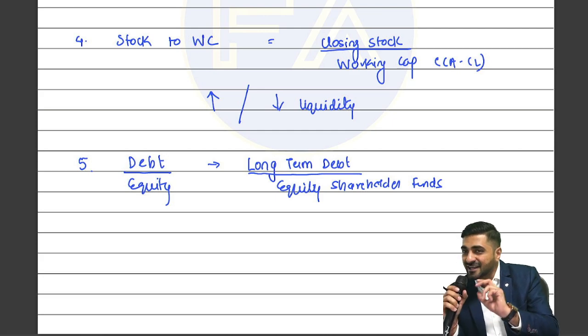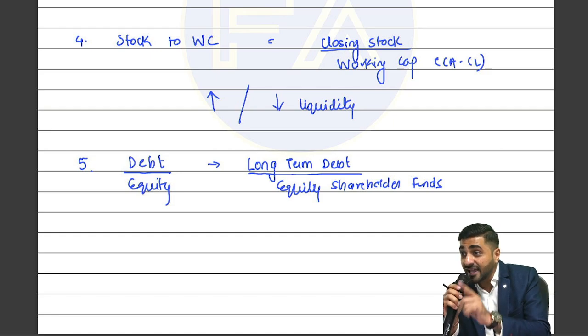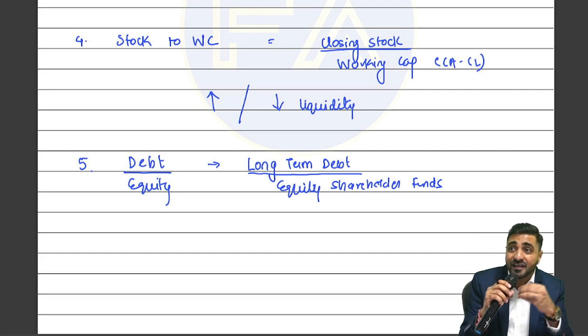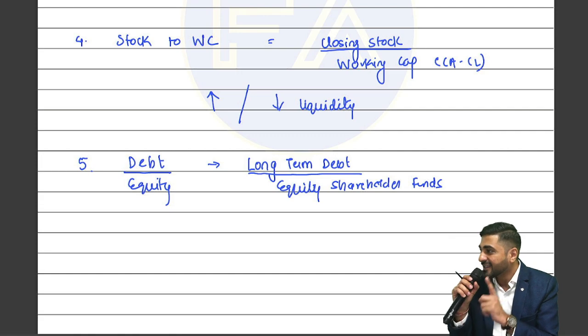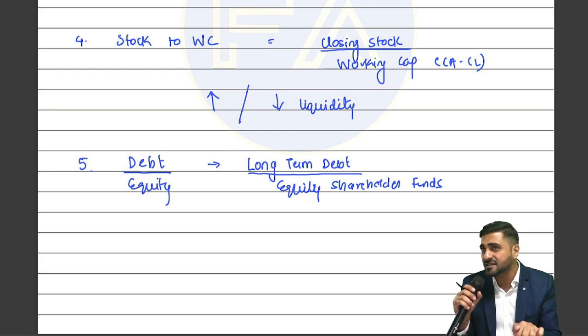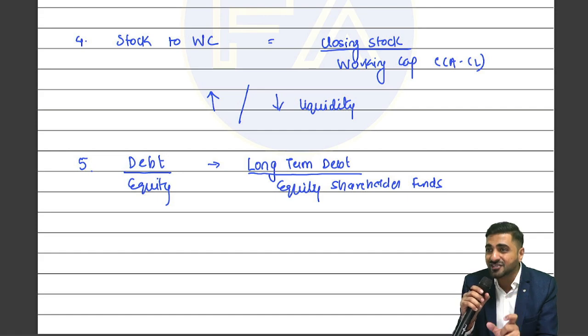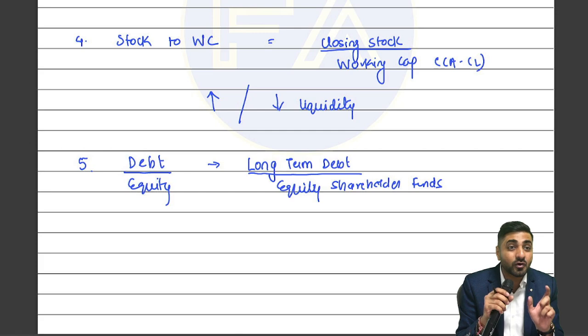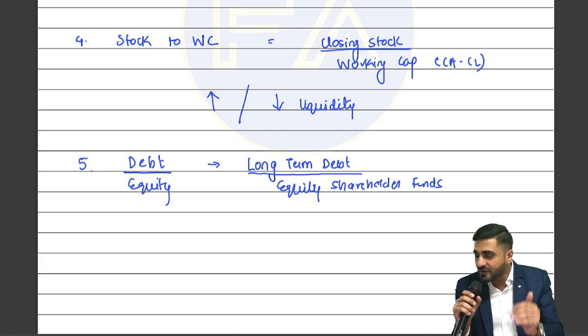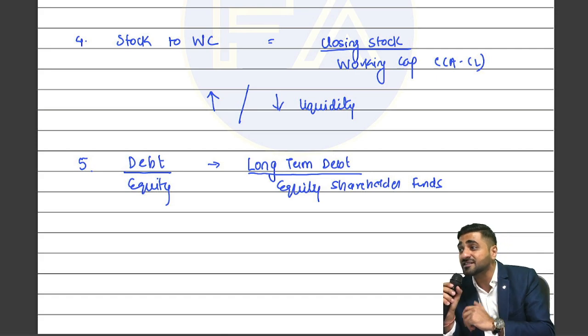Is there a difference between debt upon equity shareholders' funds and debt upon shareholders' funds? Yes or no? Yes. What is the difference? I'll tell you. Can I say shareholders' funds will also include your preference share capital in it? Come on, yes or no? Yes, sir. And in debt equity shareholders' funds, will they include preference shares or no preference shares? Beta, no preference.